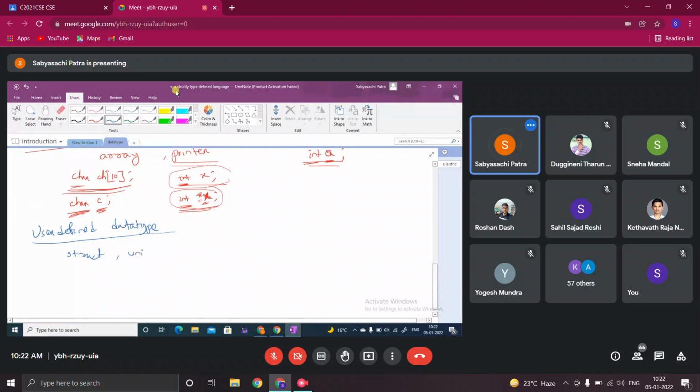Popular user-defined data types are structure (struct) and union. A class is also user-defined, but class is usually used in C++. In C, we use struct and union. I can define a structure this way: struct student, then char name.